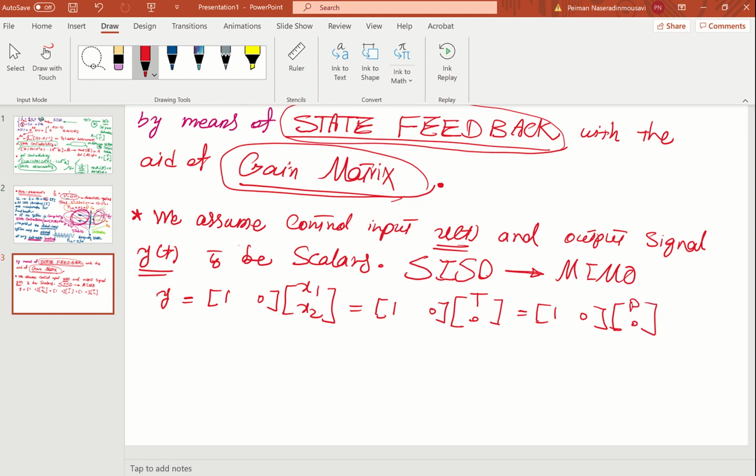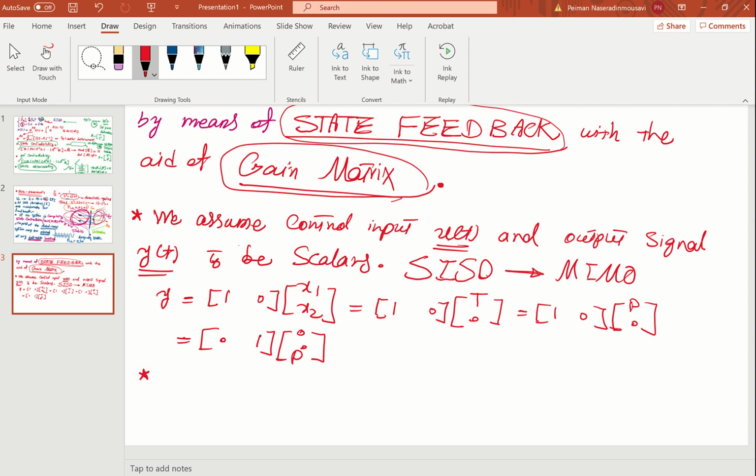Or sometimes you want to have the rate of pressure of the tank. This is the output that you wanna control. Okay, so